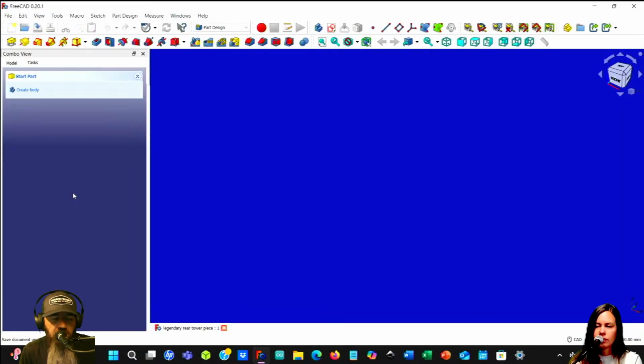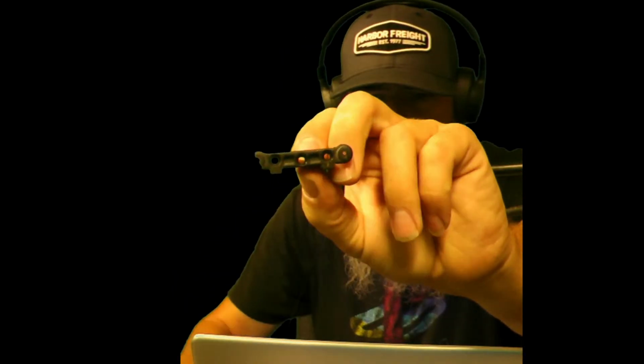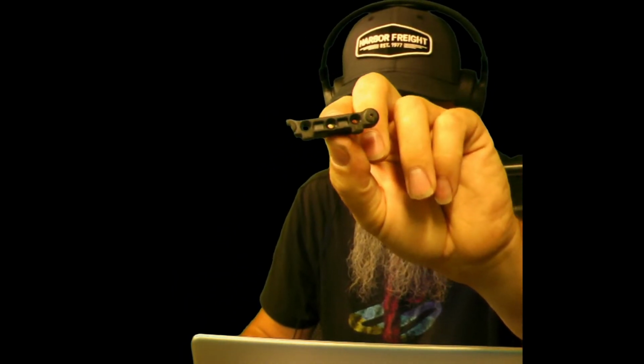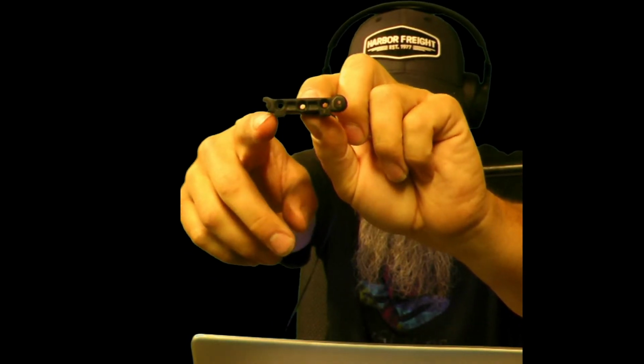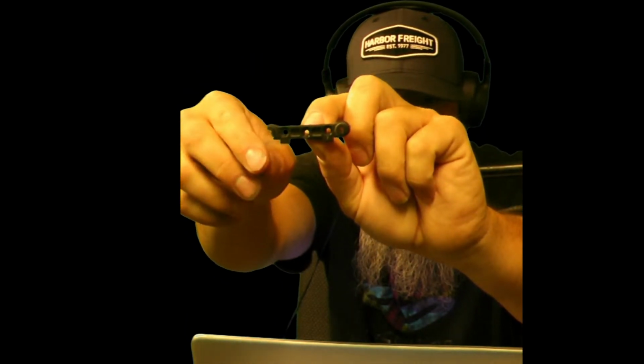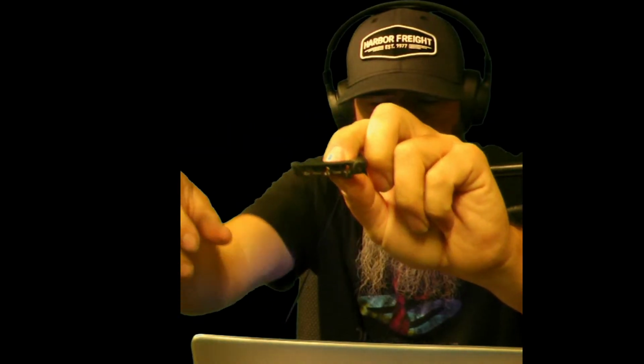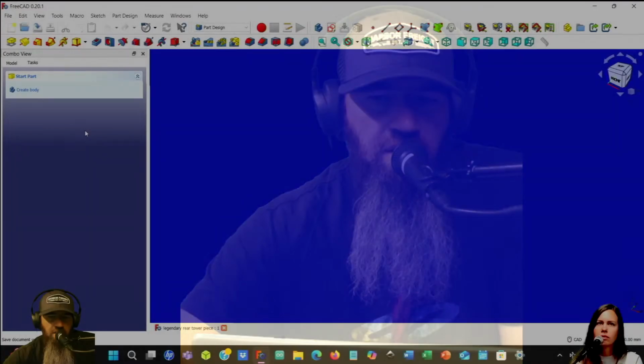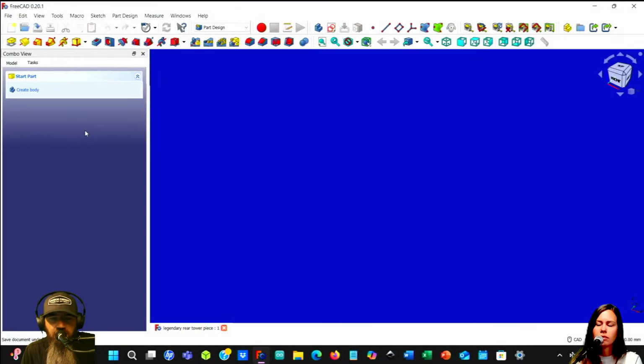Well, today I broke my RC car again, so I'm going to make this part for it and 3D print it, which is just like this little thing right here. It's going to be hard to see. Let me see if I can. Oh, I can't. I don't have a bigger screen. So there we go. See that thing? See right over here, this little area is where the control arm sits in, and it broke out. I jumped it. So that's what we're going to make today.